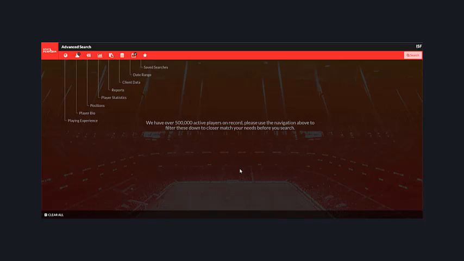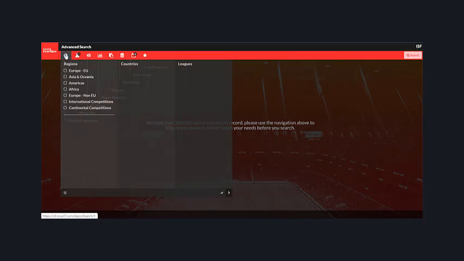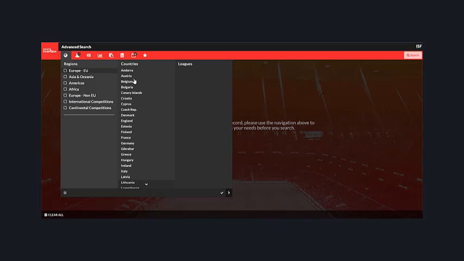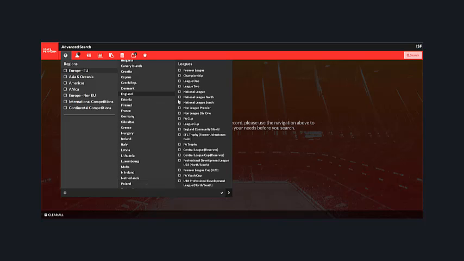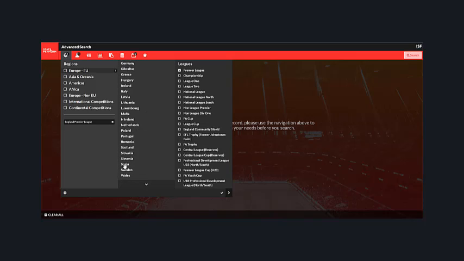First of all, if I show you how to search for the whole database, you can search by the region that a player may be playing in or has played in. To search by region, just click on the name here, and then you can select the country, and then you can select the leagues within that country. So we want to look for players that have played in England, in Spain,